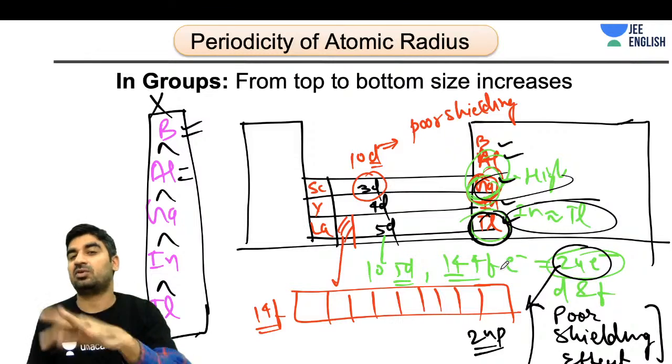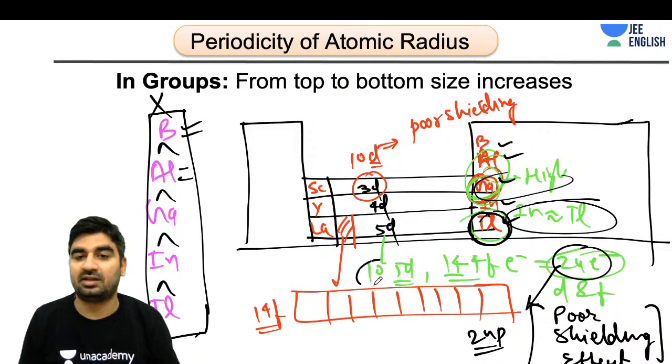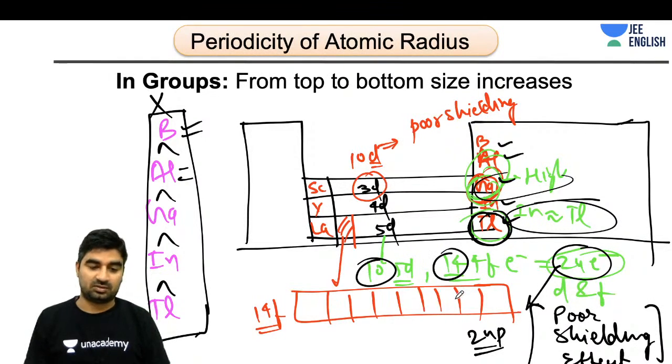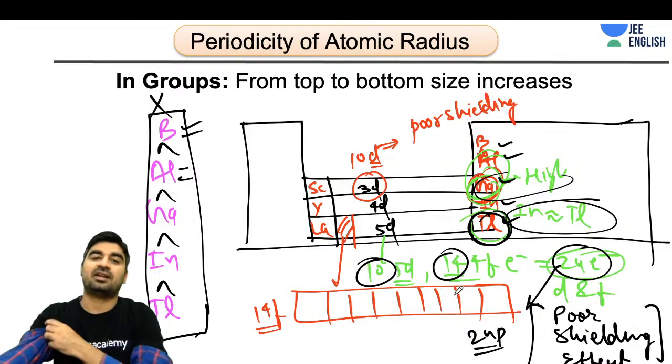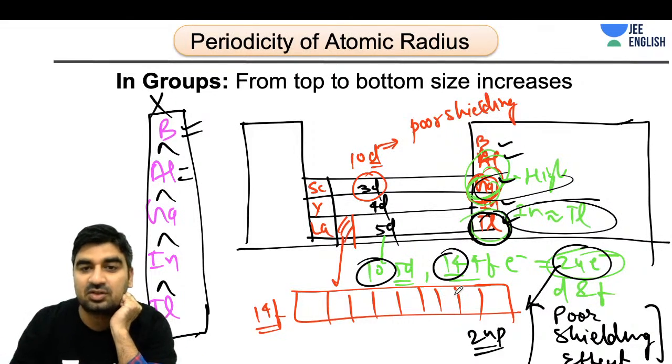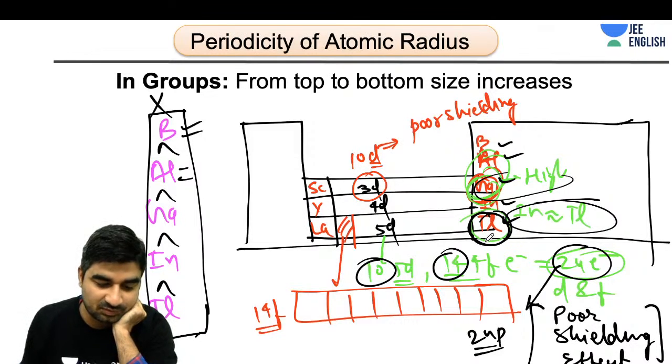So in gallium we have only 10d electrons. Here we have 10d and 14f electrons. And you know guys that D and F have very poor shielding effect. Due to this size decreases. We also call it,